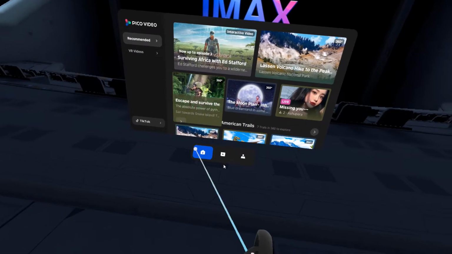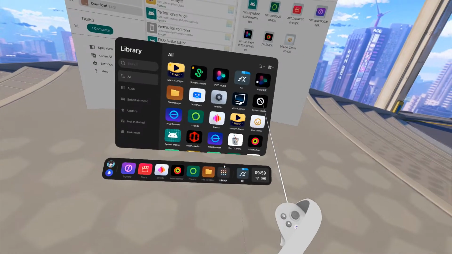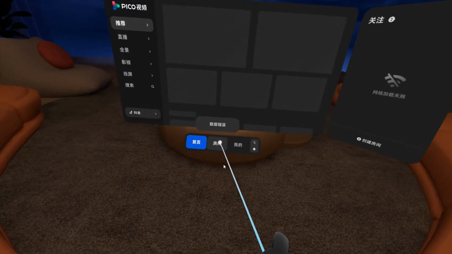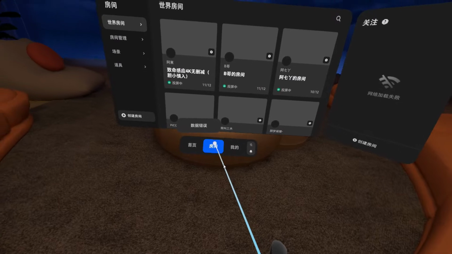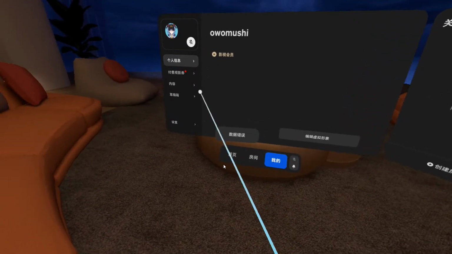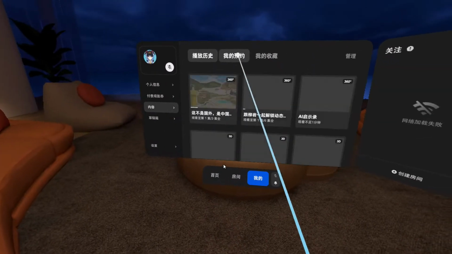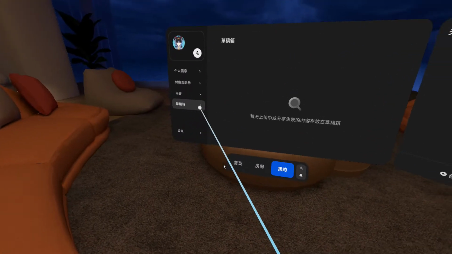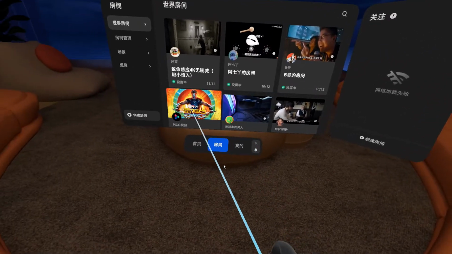So let's try doing that in the other one. Let's see if the environment is, oh. No, that's